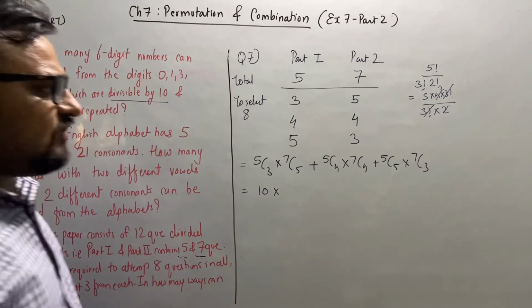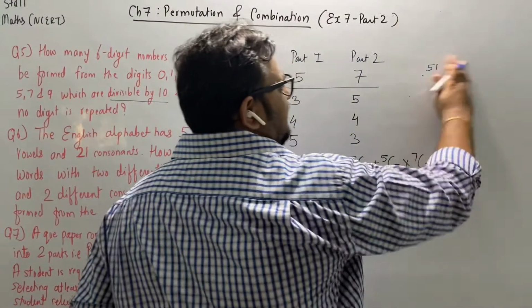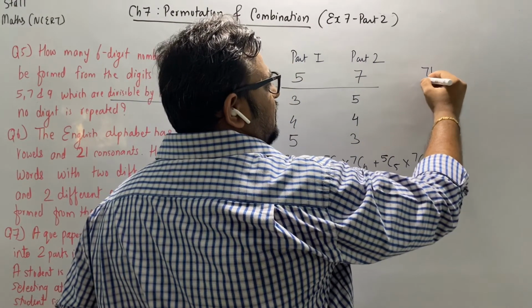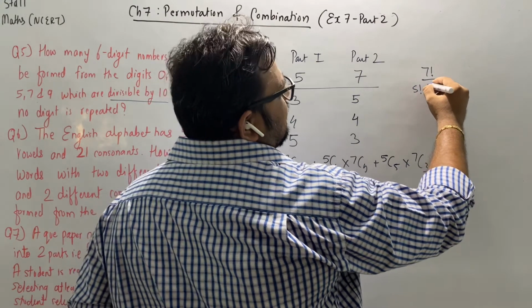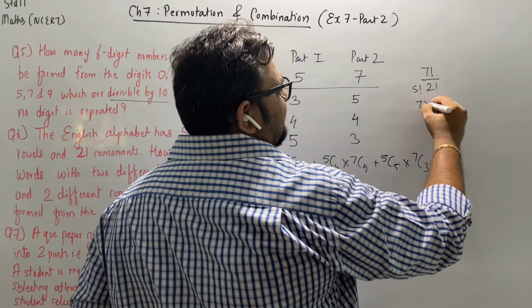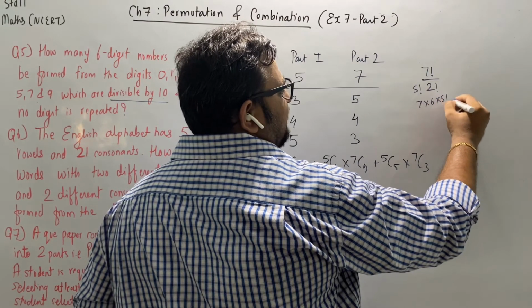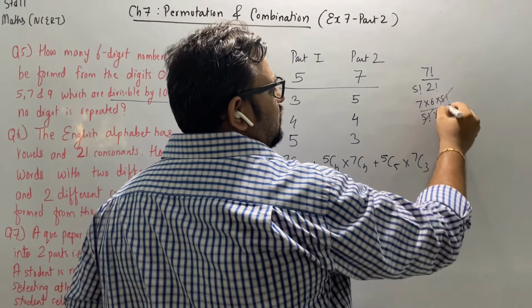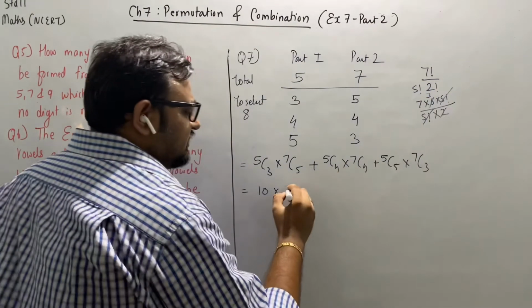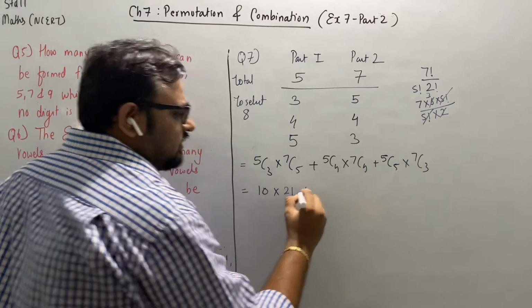You can solve it in rough. 7C5 is 7 factorial upon 5 factorial into (7 minus 5) 2 factorial. So 7 into 6 into 5 factorial upon 5 factorial into 2. 2 threes are 6, 7 threes are 21. So this is 21 plus